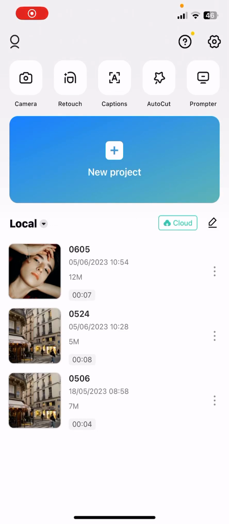Hello guys, in this video I'm going to show you how to add voice effects to your videos in CapCut,